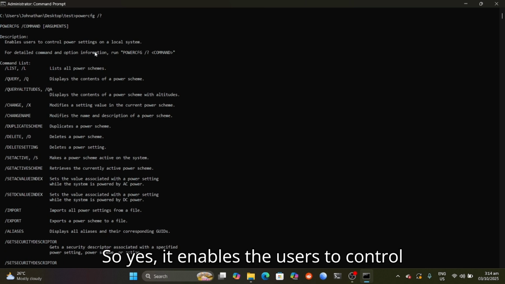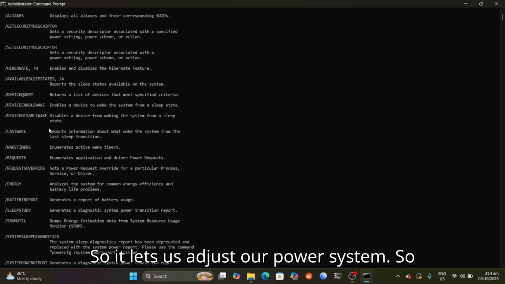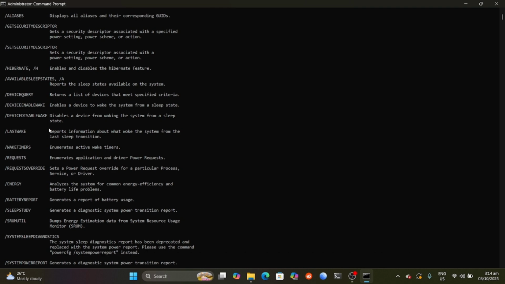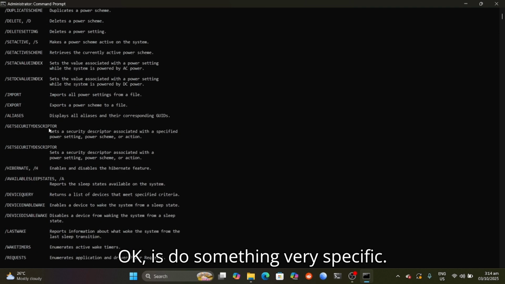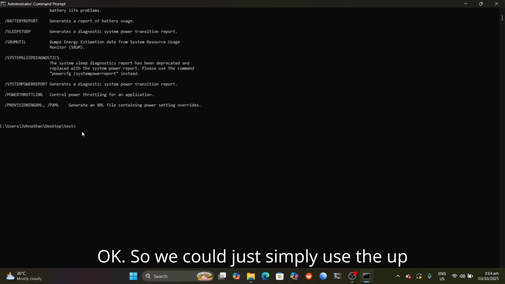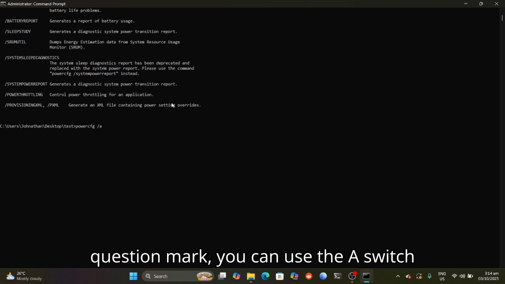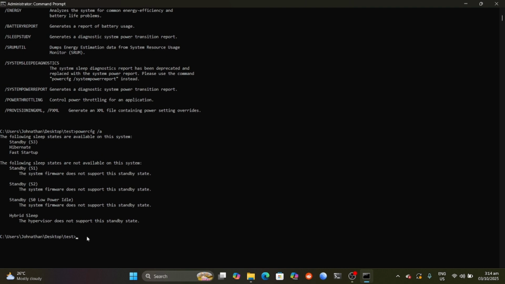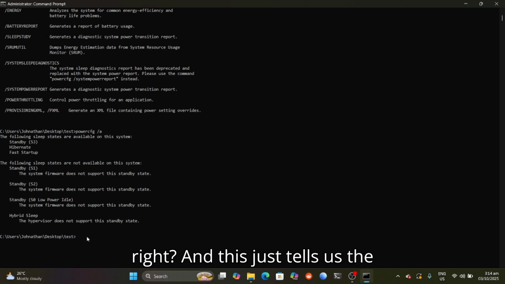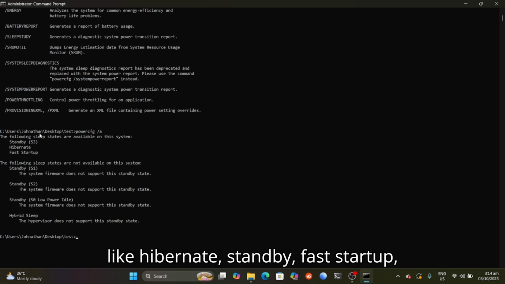So yes, it enables the user to control power settings on a local system, right? So it lets us adjust our power system. Now, what we want to do now is something very specific. We could simply use the up arrow to put the same thing, and instead of the question mark, we can use a switch, right? And this just tells us the different sleep states that are available on the system, like hibernate, standby, fast